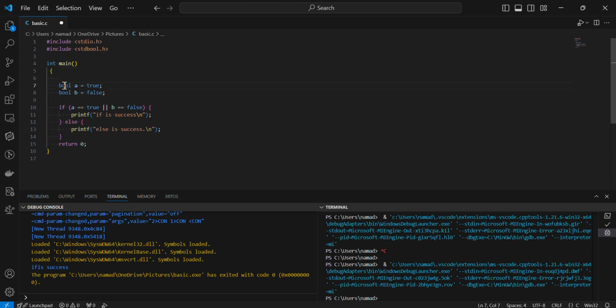Then only it will take that as a data type boolean. So we have a boolean variable. Here a we standardize as true, and boolean b is standardized as false. Then we are writing if a equal to true. These two symbols are called an OR. So how the OR operator will work means,